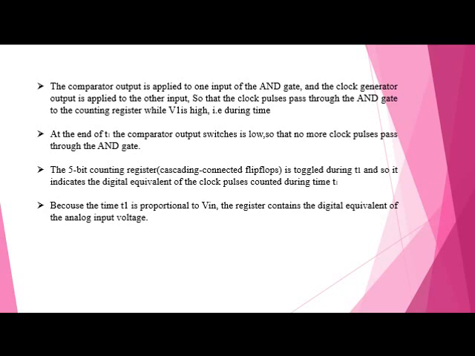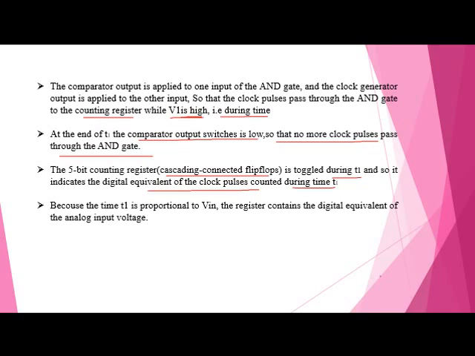The comparator's output is applied to one of the inputs of the AND gate, and the clock generator's output is applied to the other input, so that the clock pulse passes through the AND gate to the counting register while the comparator output is high, during the time T1. At the end of T1, the comparator output switches low, so no more clock pulses pass through the AND gate. Then finally the 5-bit counting register, the cascading flip-flops, will toggle during the value of T1, so that